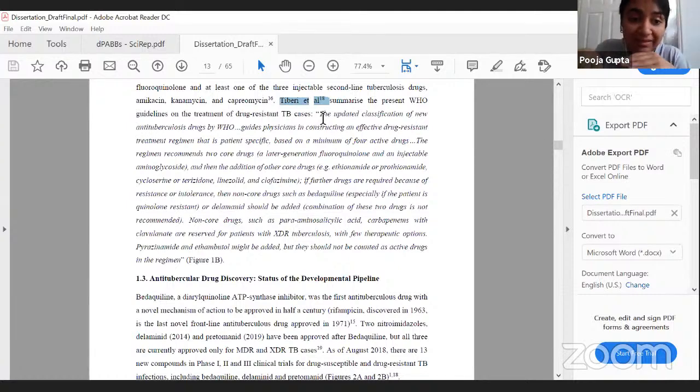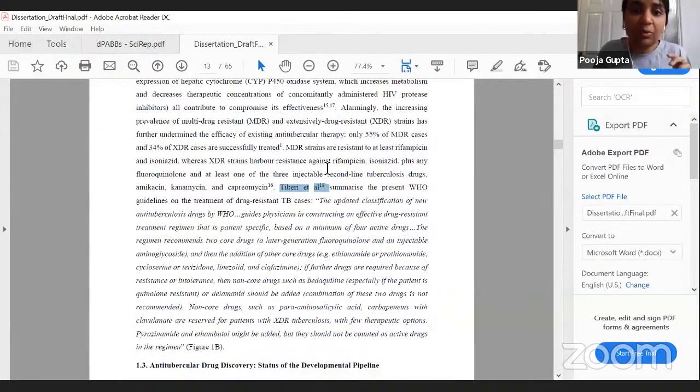This is not obviously encouraged all the time. You need to find the right context in which this is okay to do. And in this case, it's okay to just pick up something and quote it as such, because this is what it is. These are the guidelines. So you just quote the guidelines, right? However, if you wanted to